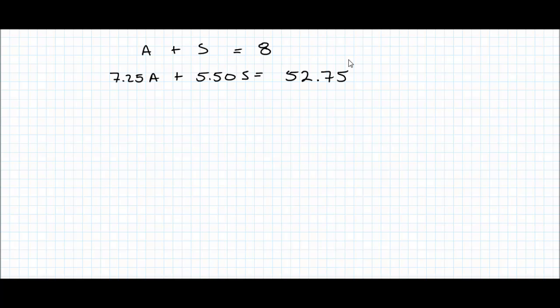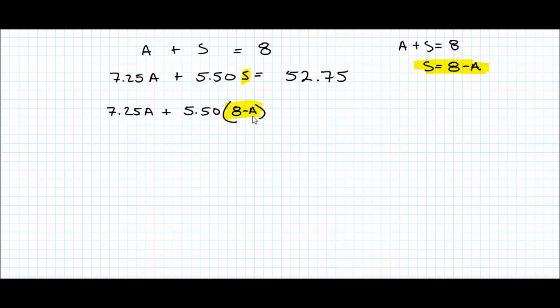So for this problem, we have 2 equations. I think it would be easiest to substitute. So let's set up that first equation: a plus s equals 8. So subtract a on each side, so s equals 8 minus a. So let's plug that in. 7.25a plus 5.50 times, instead of putting s in there, we're going to put 8 minus a. And again, we got that from there, so we're subbing in to get that right. Equals